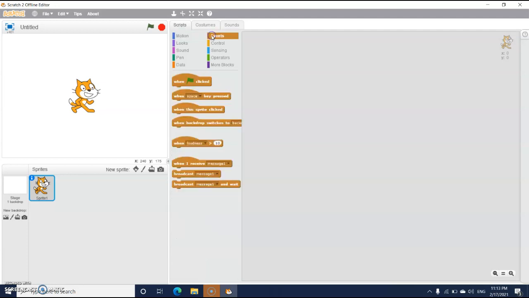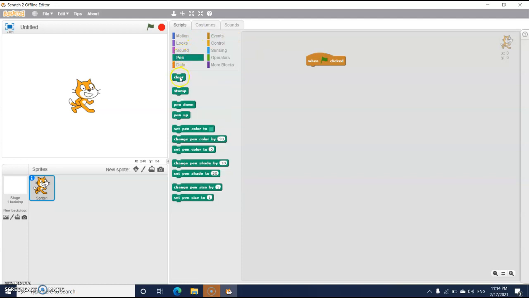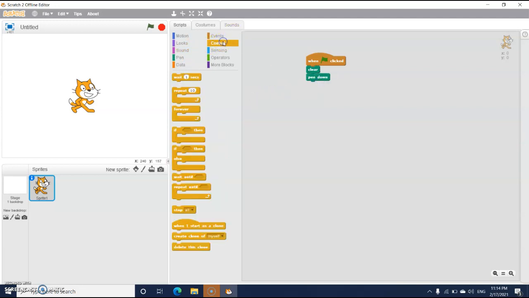So click onto the when flag is clicked. Use a clear button and pen down. Then go into the control. Take a repeat block. A pentagon has 5 sides, so repeat 5 times. Now what do you have to do? How to measure the angle, we are going to see in this session.